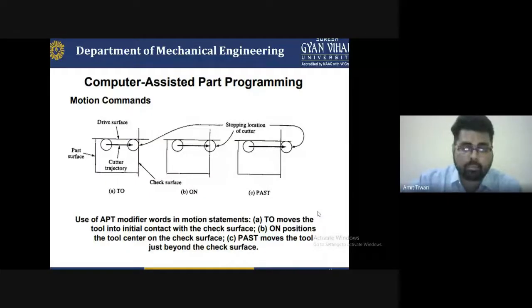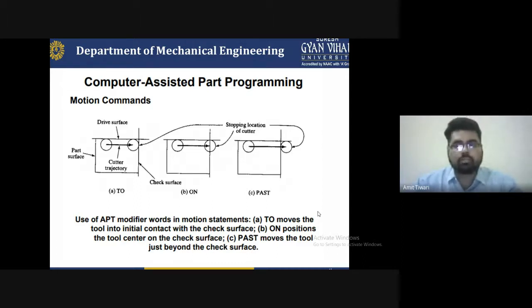Now the second one is that amplifier. It has to be understood that on surface means the on and the past. On means the stopping location of the cutter. For example, if the location of the cutter is outside a particular axis, that axis will be removed. At that time it will be stopped automatically, and the location will be set again by the managing or by the construction of that individual cutter we have to manufacture.